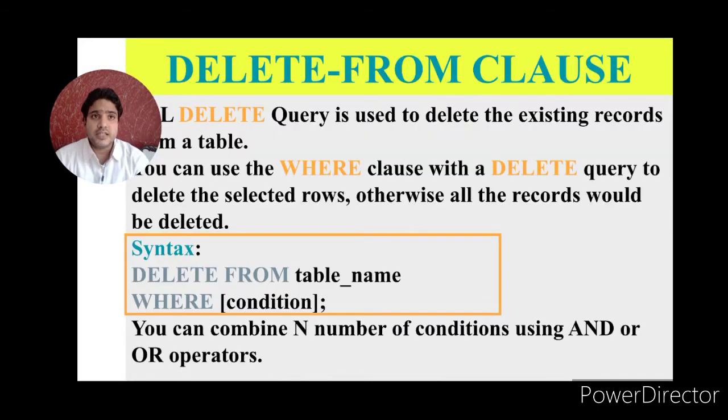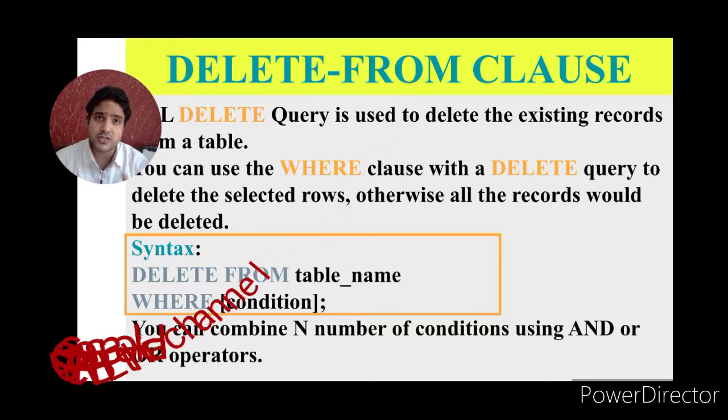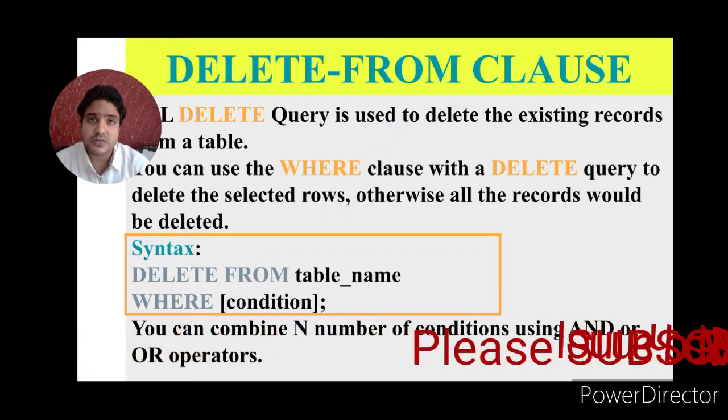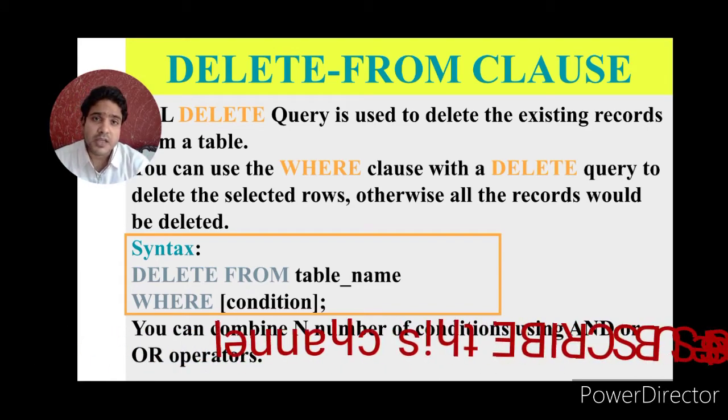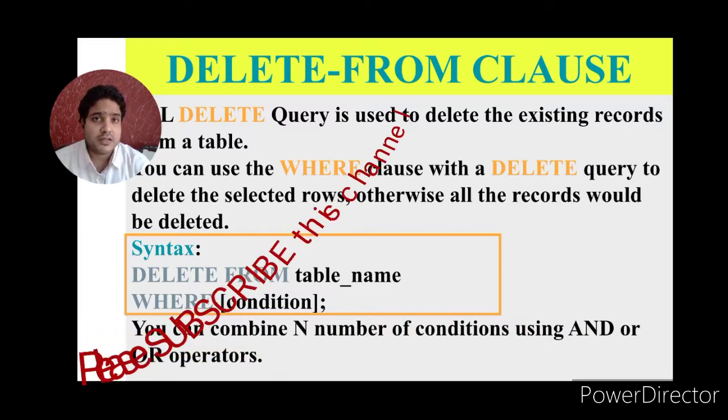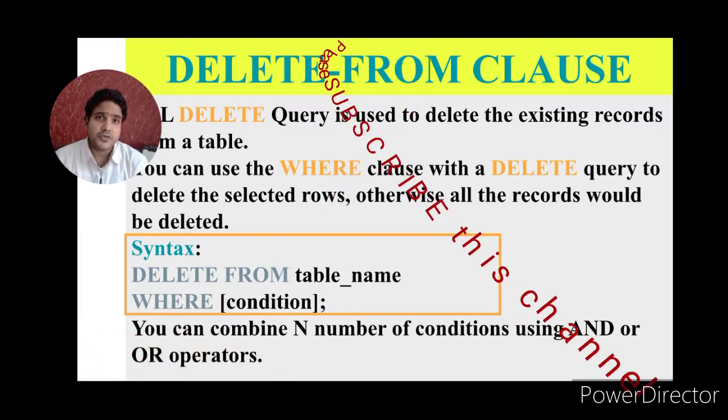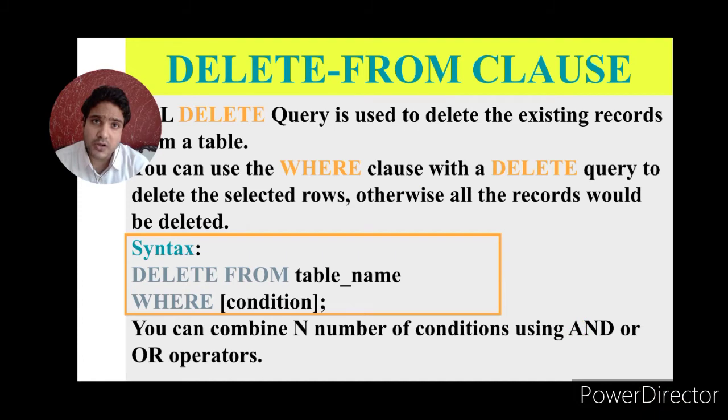Now the delete from clause. If the user wants to delete all rows, that is all information from the table, but not the structure of the table, what should be done and what is the syntax? And if the user wants to delete a particular row from a table, what syntax will be used? Same case as the update command. If the user wants to delete all rows, there is no need for conditions. If the user deletes a particular row, the condition will be applied with the where clause.